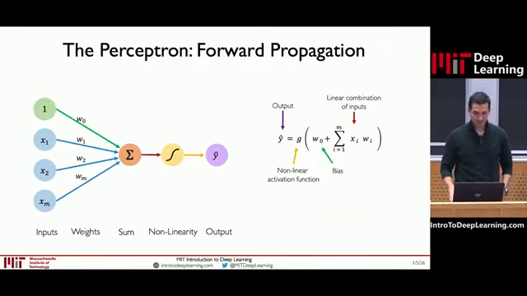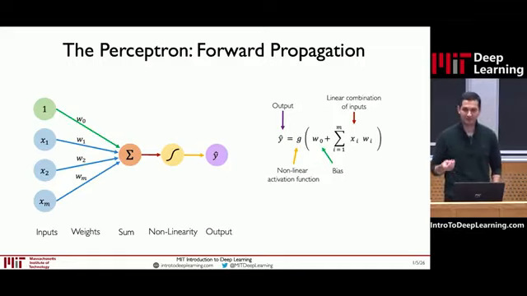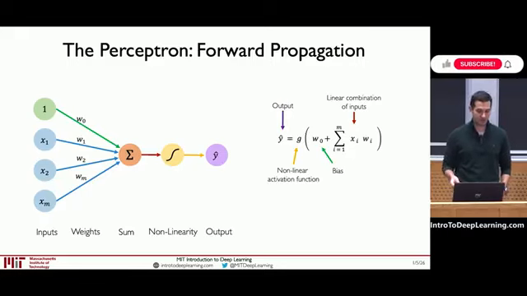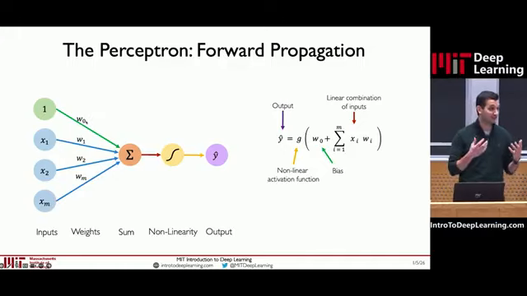Okay. There's one more detail I left out of this, which is that we can also have what's called a bias term to this neuron as well. So in addition to our m inputs on the left, we also have one more weight, w0, which is called our bias. Now our bias is what can allow us to shift this function up or down, right? And I'll show a graphical example of this in a second. Right? But the equation is still the same. We take every input, multiply it by corresponding weights, add a bias, pass through our nonlinearity.